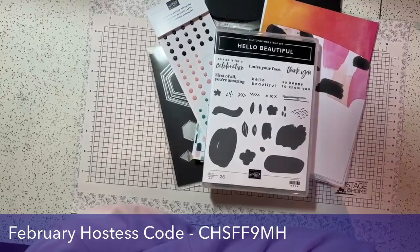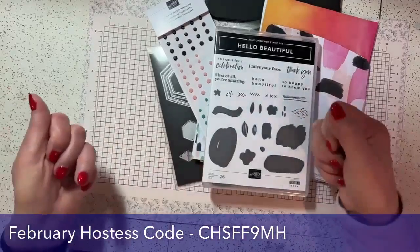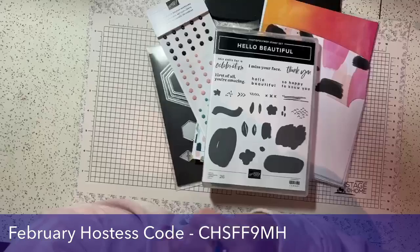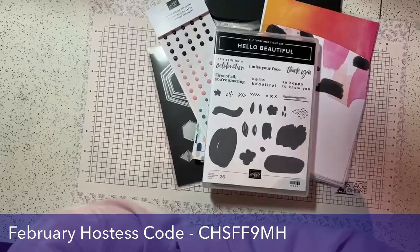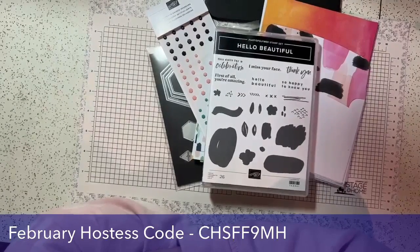Now I'm going to tell you something. Was it last week we did that fun fold? Anyway, I can't remember if it was that, but it was related to that fun fold. And when I was watching some of the YouTubes to get some ideas on it, I saw,